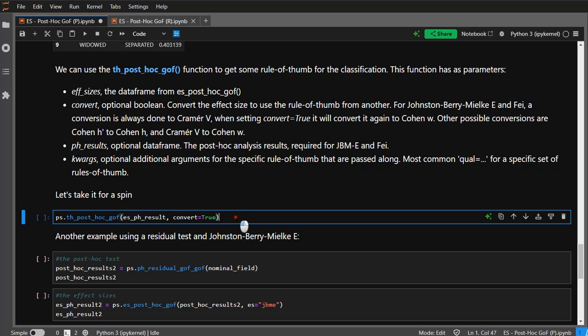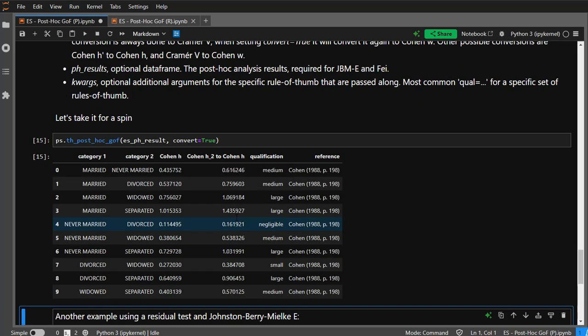I feed it the result we had just now. Let's say I wanted the conversion to be true. And as you can see, it gives the same result as earlier, but now it also converted it, so it shows the conversion value. And then a qualification according to whom. So in this case, according to Cohen, 1988, page 198, we could qualify this as medium, this Cohen h of